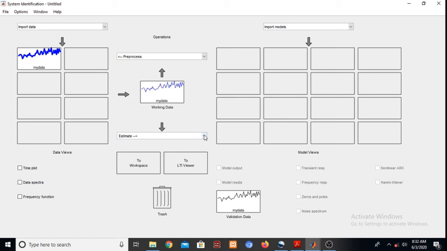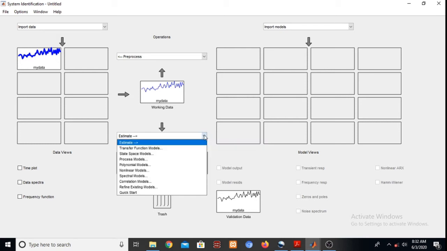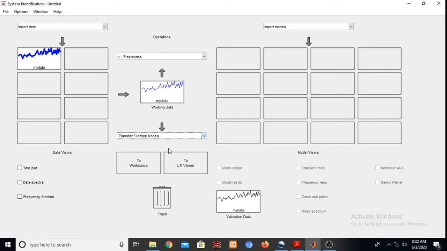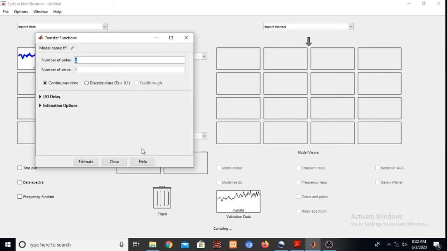So we'll have to start estimating our transfer function model. So out of these many options, let us choose transfer function model. Okay, and then we have to decide how many poles are desirable.